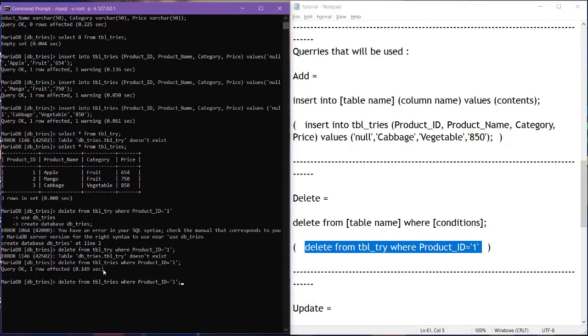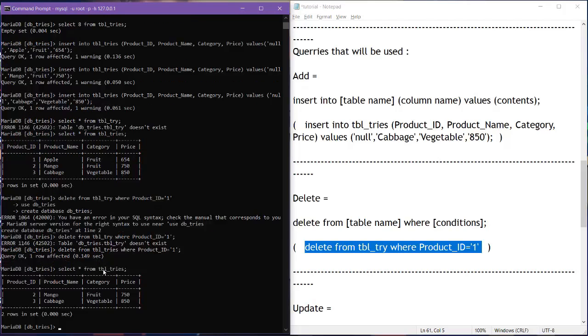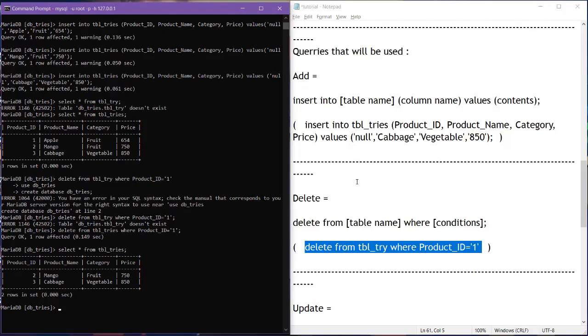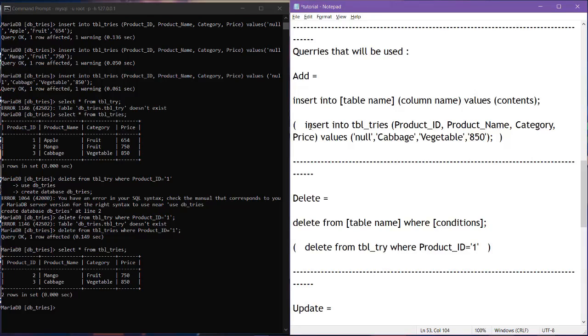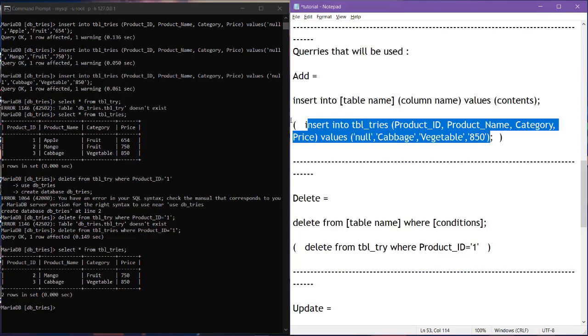And when we show the table like that, as you can see, the product number one, which is the apple, is gone. So we will now try to insert another one, which is here. So I'm gonna double check just to be sure. I will try to not make mistakes again. So eggplant, another vegetable.